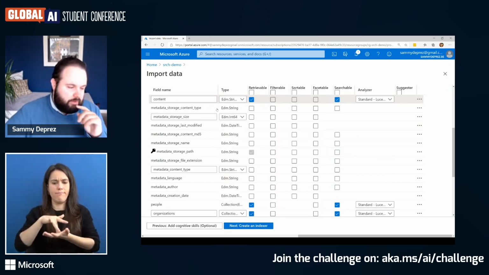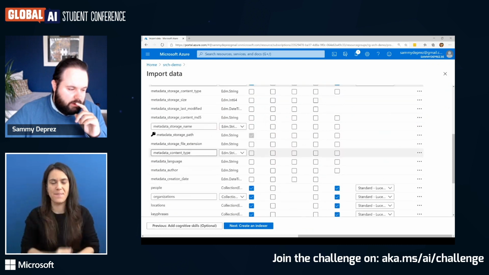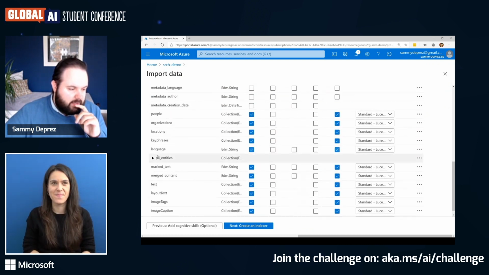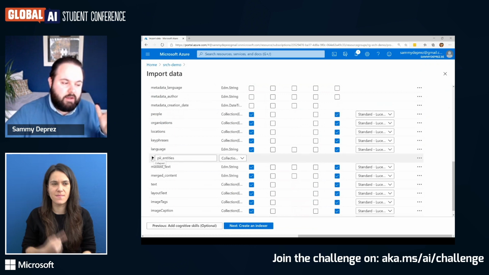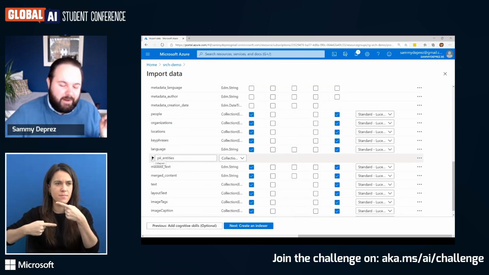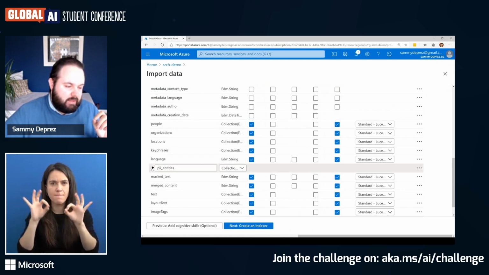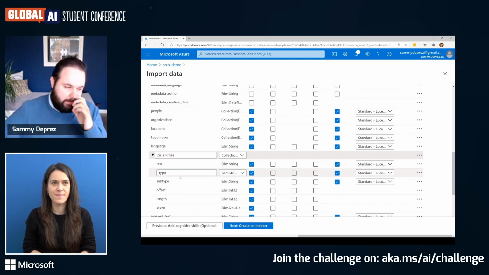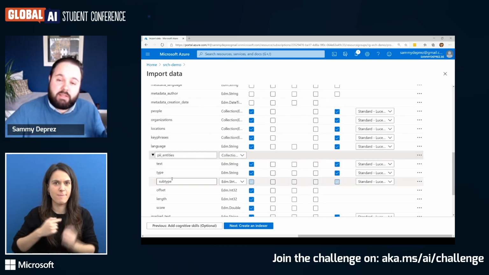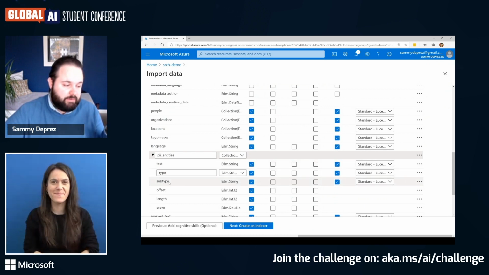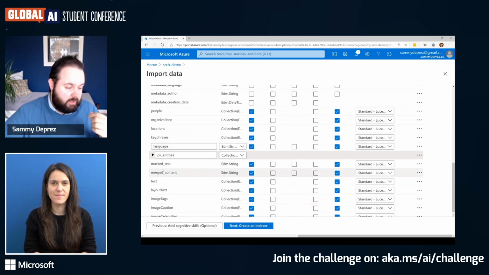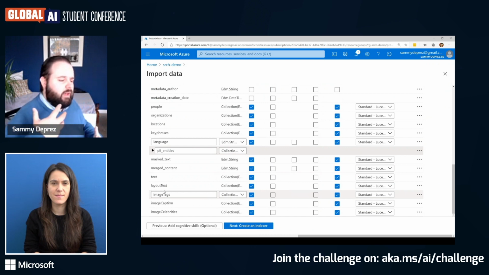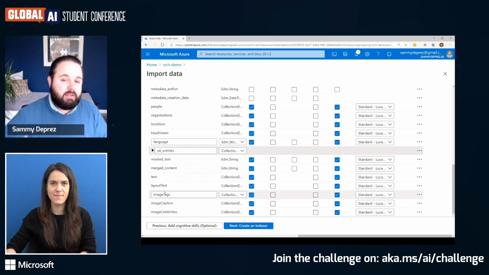Now, back to the structure of the document. As you see, these are all single documents, but what we can also have, and that's in this case, for example, in our PII entities, the personal information identifier, are complex types. This is a collection of complex types, which means we have an array of different objects again. And as I said before, for the personal identifier we have a type, what kind of information, where it's found within the document, and so on. And then we have different tags and captions and celebrities, the extra enrichment that has been created by the skill set.